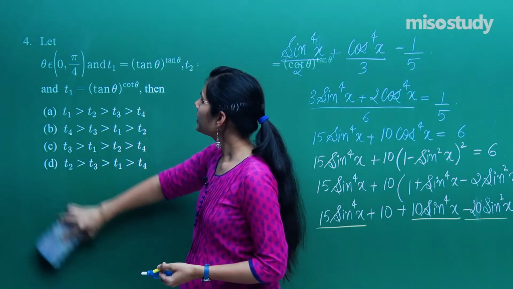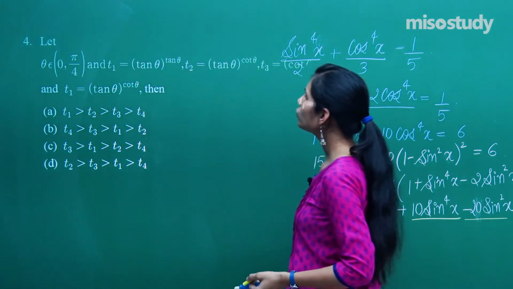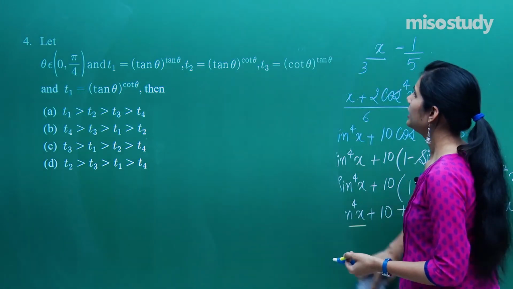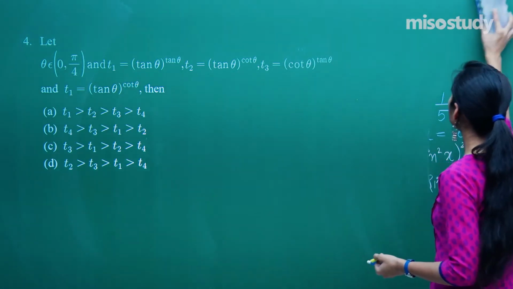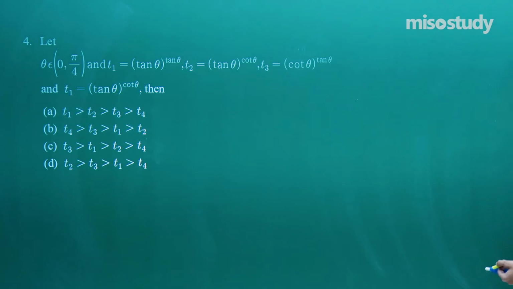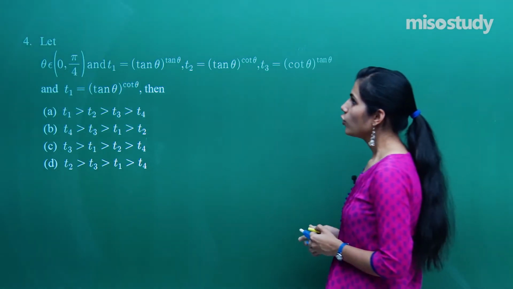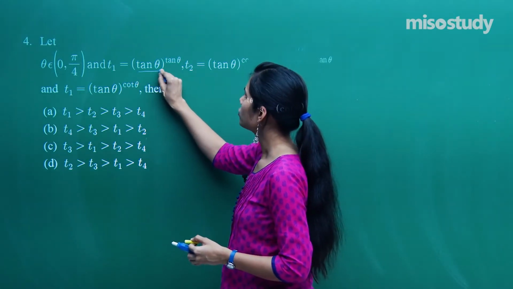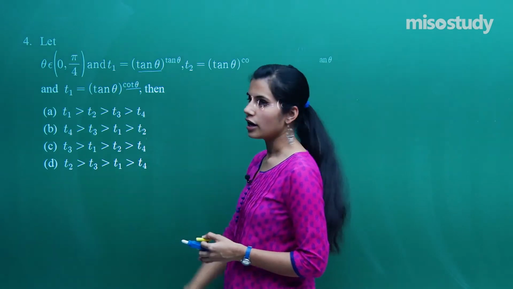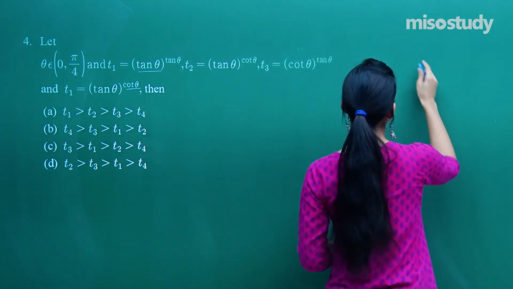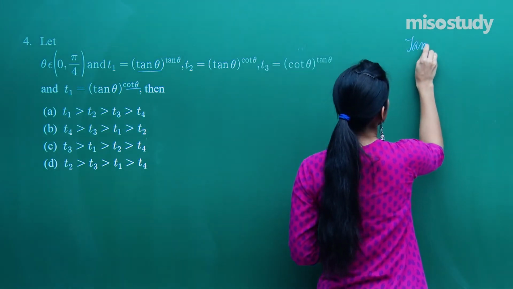Here I am given theta is an angle from 0 to pi by 4. T1 is something, T2 is something, T3 is something, T4 is something. The point is, everything is given in terms of tan and cot when the angle is lying from 0 to pi by 4. So for that, we need to be very well aware about the graph of tan and the graph of cot. So, if I talk about tan x,